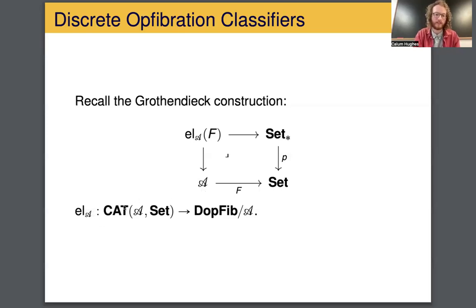And we have to work in certainly large categories here, because the category set is not a small category. But kind of the point is that this map, this discrete Hopf vibration, is small, so it has small fibers. This LA of F is actually a small category. So that's interesting. And this functor LA is fully faithful as well. And it is these properties that Weber generalizes and gives the definition of a 2-topos with.